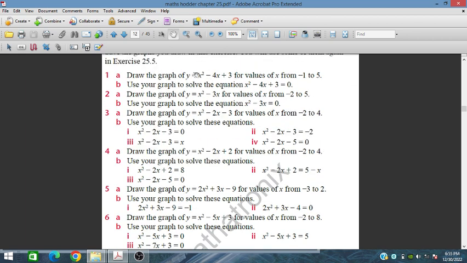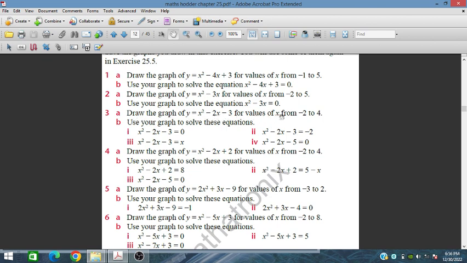Draw the graph of y is equal to x square minus 4x plus 3 for the values of x from minus 1 to plus 5, and use the graph to solve the equation x square minus 4x plus 3 is equal to 0. And similarly, question number 3: draw the graph of y is equal to x square minus 2x minus 3 for the values of x from minus 2 to plus 4, and use your graph